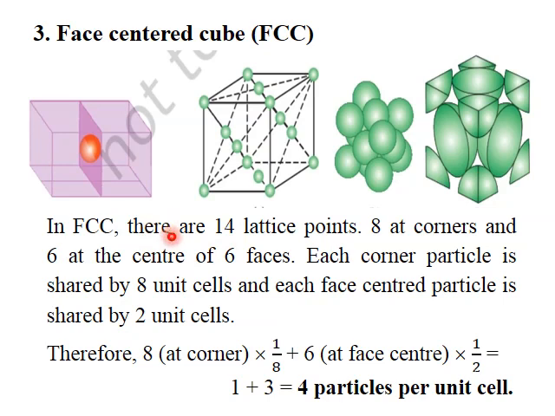In theory examinations, these questions will be asked for 2 marks. Calculate the number of particles in simple cubic, BCC or FCC, where you have to mention the position of the lattice points and their contribution, and finally you have to show this calculation. It will be asked for 2 marks. Remember, always, in further numericals also, when you come across a simple cubic structure, the number of particles per unit cell is 1. BCC will have 2 particles per unit cell, and FCC will have 4 particles per unit cell.